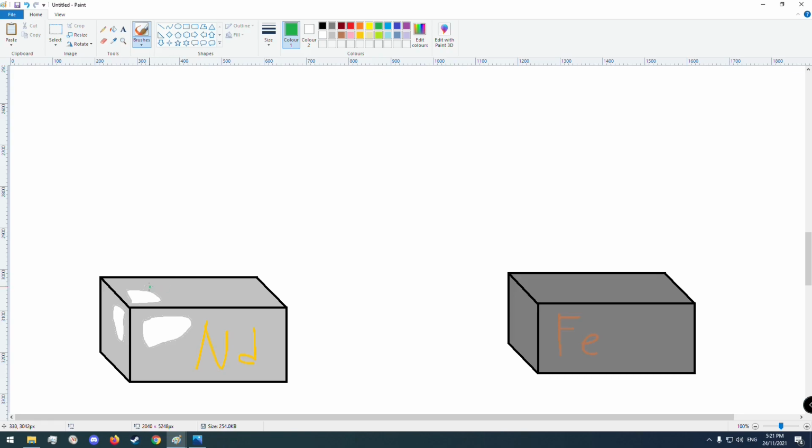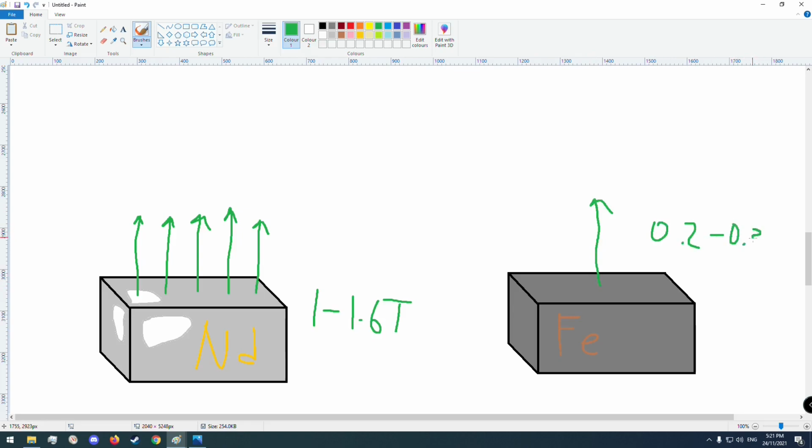A neodymium magnet can typically have a field strength of between 1 to 1.6 Teslas, whereas a ferrite magnet is 0.2 to 0.35 Teslas. So for the same size magnet, and by the way, I'm going off 10 by 10 centimeters for an area of 100 square centimeters and a thickness of roughly 2.5 centimeters for both cases here, neodymium magnets are a lot stronger than ferrite magnets. Going on a price to strength ratio, or strength to mass ratio, we can see that neodymium magnets end up having, from the numbers I had above, about